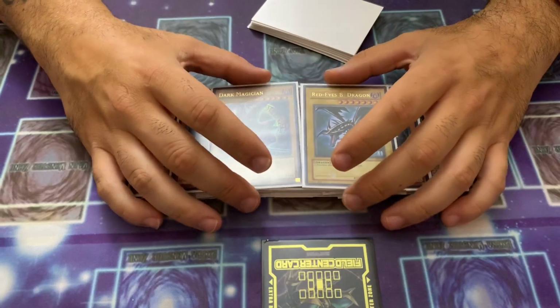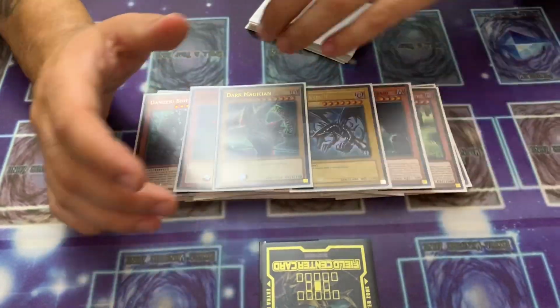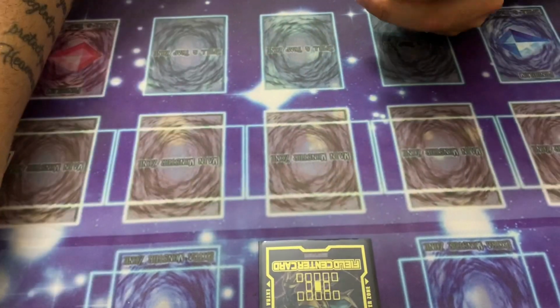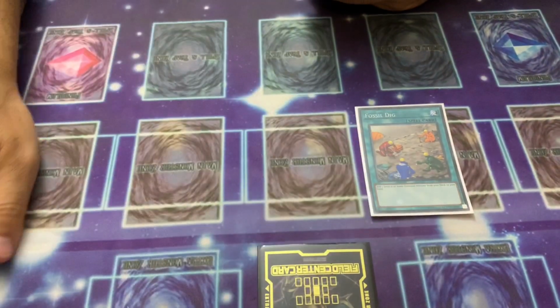Yeah, these are kind of bricky to draw, but even if you don't draw them, it's still okay. Next, moving on to the spells. We're running triple